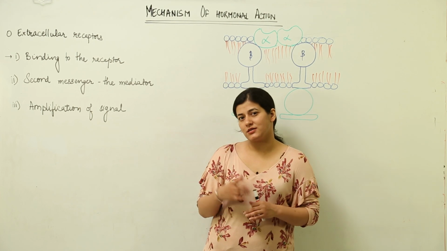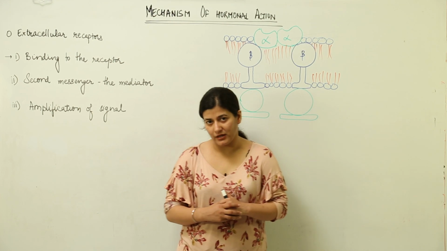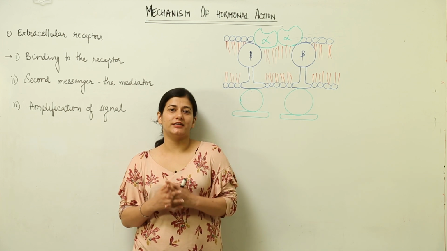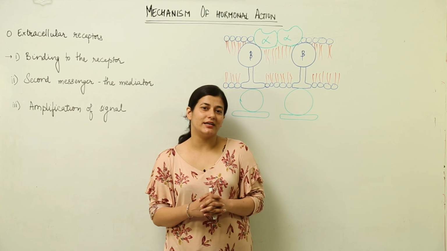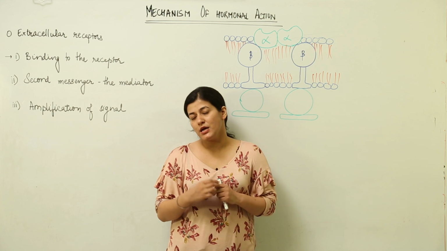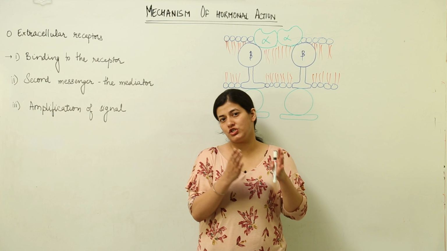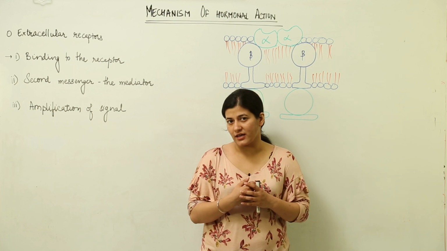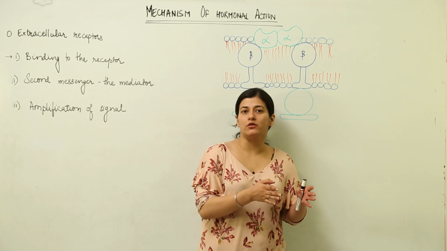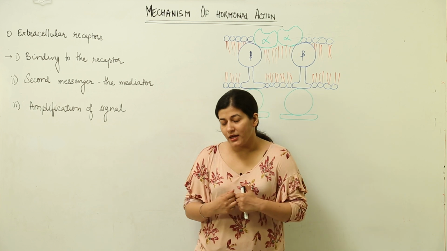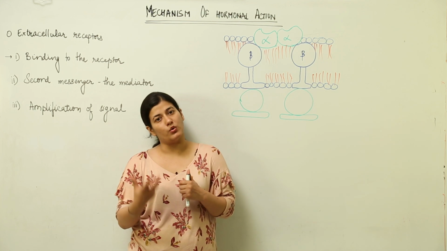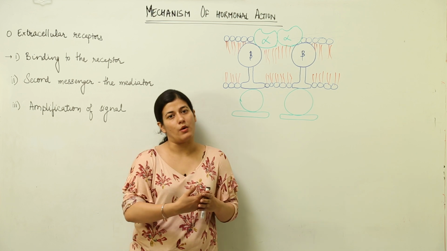The endocrine system is the system where hormones have a main role to play. And if you see the definition of a hormone, we often say that they are chemical substances which are released in minute quantities and bring about changes, or the physiological effects are altered in the target organ where this hormone goes and works.